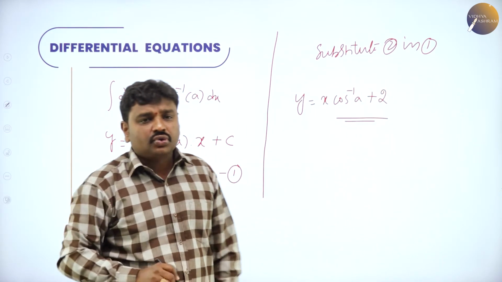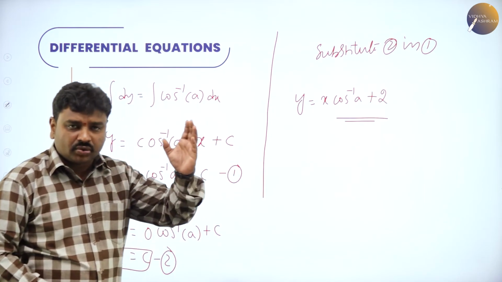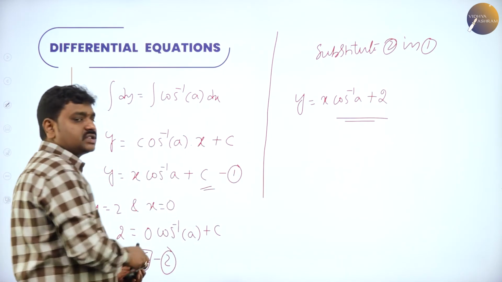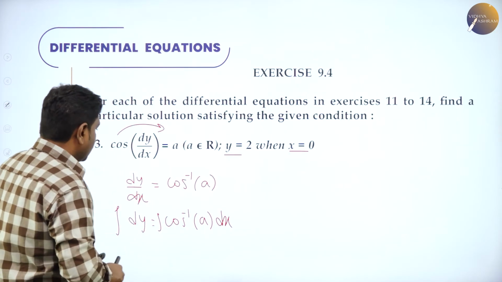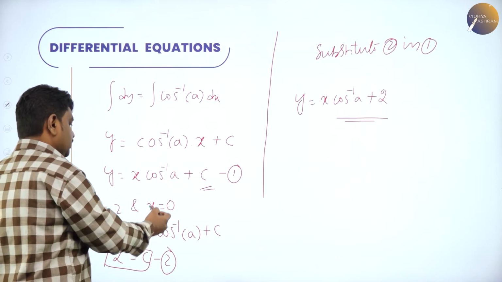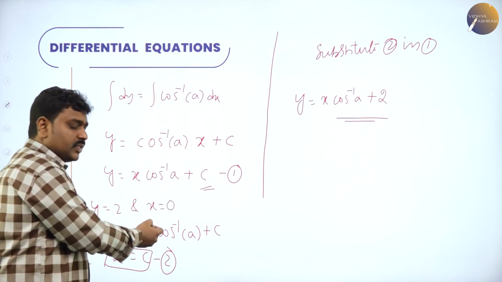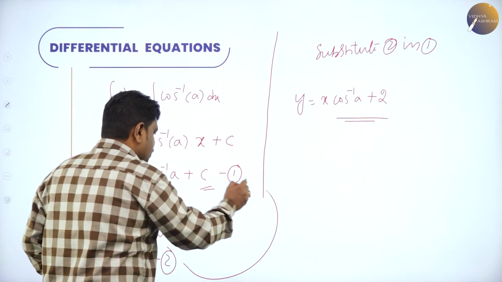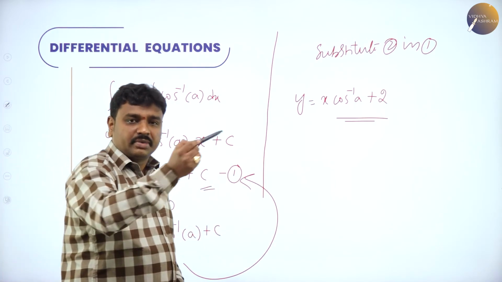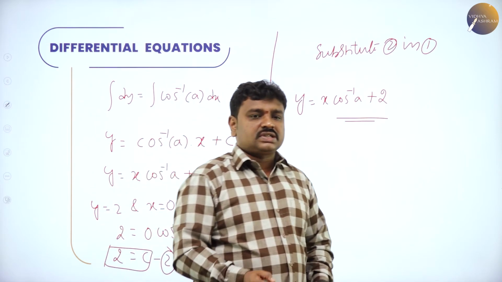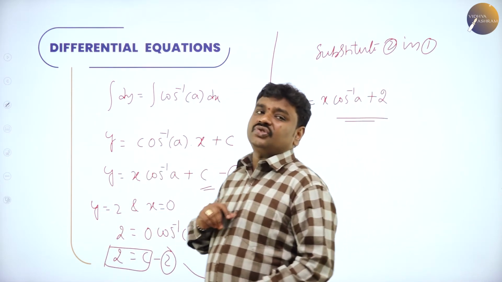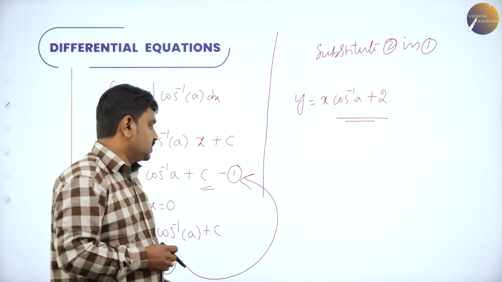Always first we should separate the variables, then we need to integrate and get the general solution. General solution means what? It will have an integral constant and they will give conditions. If you refer to the problem, they have given y and x values. In the place of y put 2, in the place of x put 0. These two are given in the problem and you will get c. After you get c, substitute c back in equation 1. This is what you will do in chemical kinetics, in chemistry and nuclear physics. So we will do particular solutions. They are all differential equations.